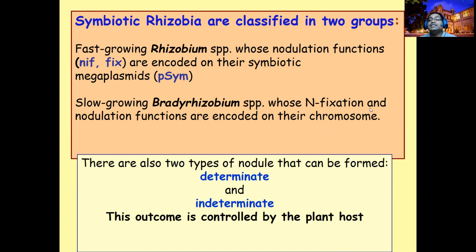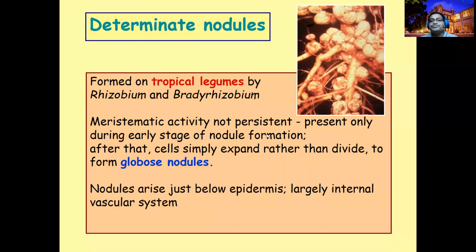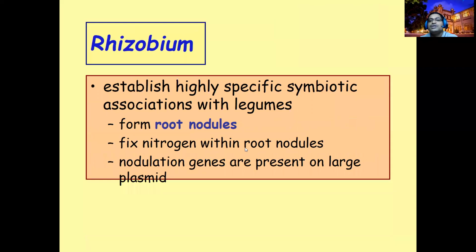It's like a quantitative character, not a single gene-induced nodule formation. That's the difference, slow and fast. Determinate nodules, you see the globose. So normally in the tropical legumes you can expect this. And the rhizobium, right? So rhizobium is showing the specific